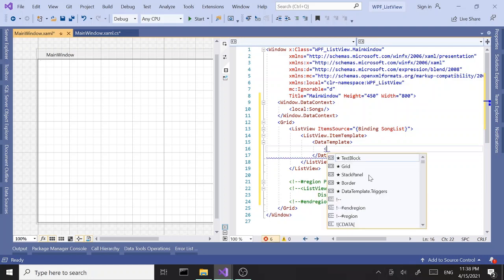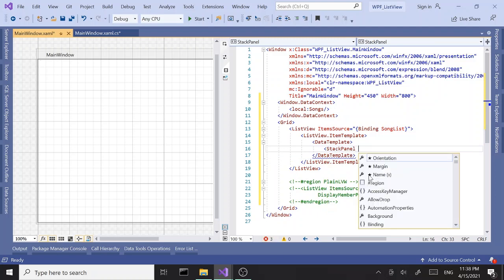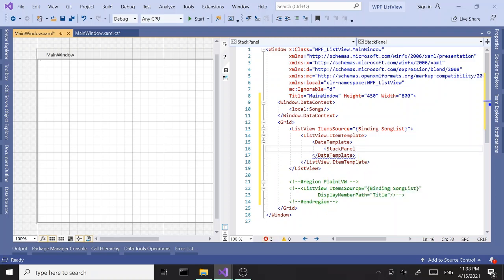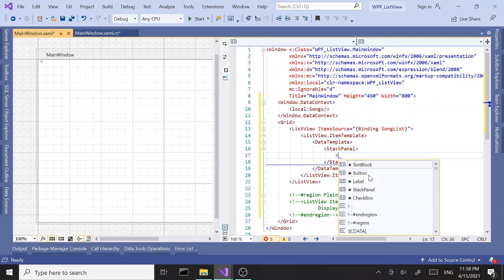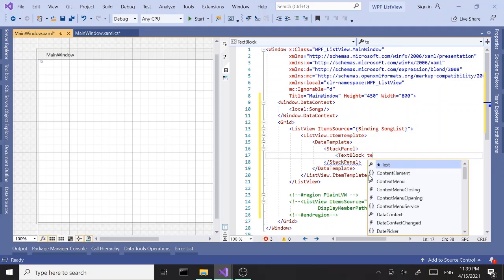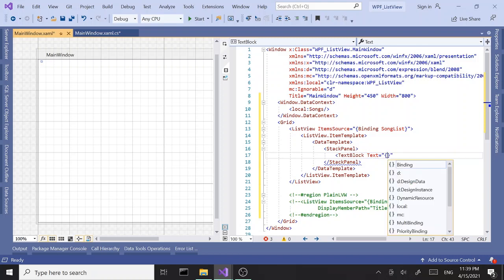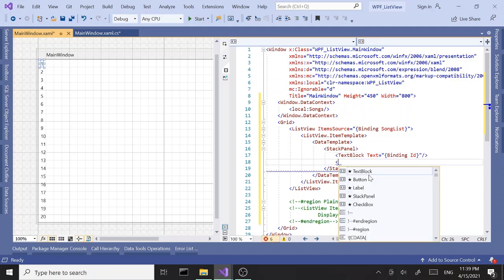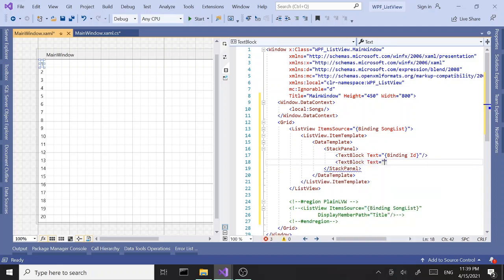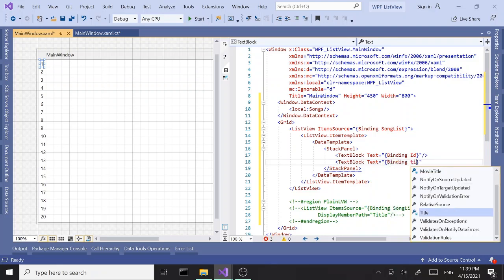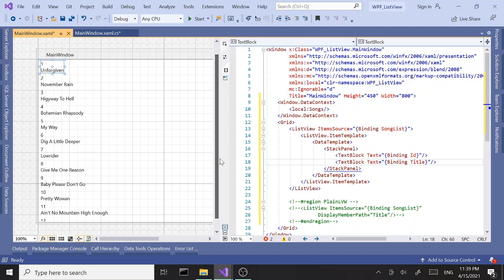Let's say I want a stack panel, and inside the stack panel, I want two text blocks. The first one will be bound to ID, and the second one is going to be bound to title. Alright, so now we are displaying two properties